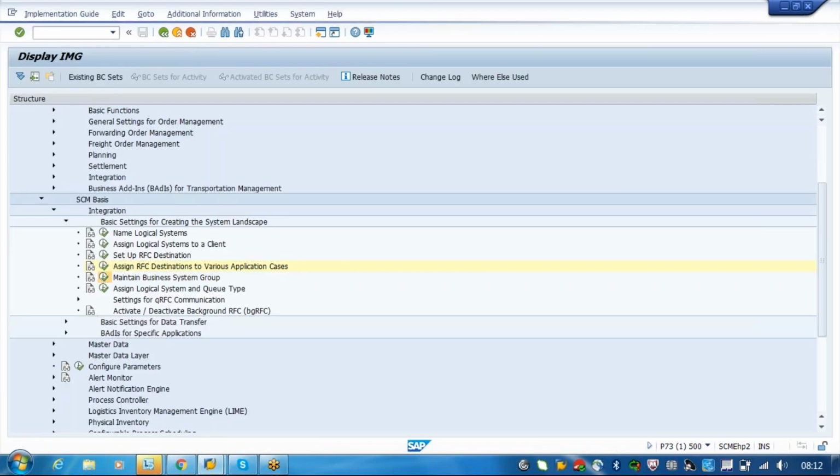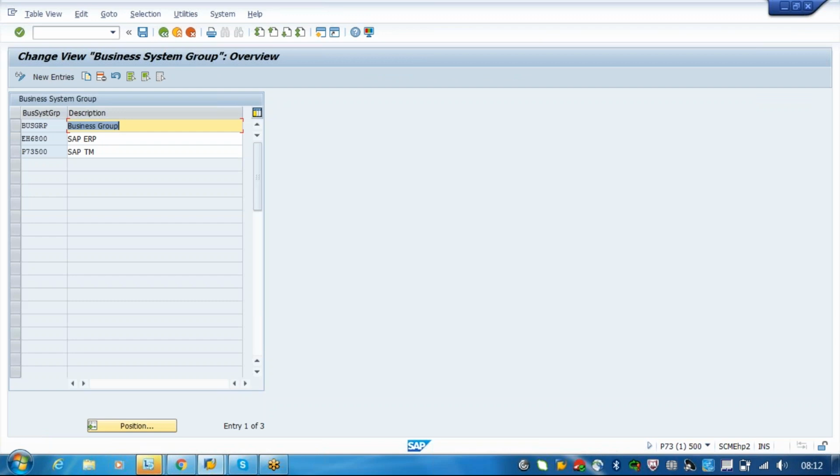So business group: if you have multiple feeder systems, as I said, they should always be linked to one business group. So that business group you are creating here. Through this business group only the data will be replicated, because the purpose of this business group is, let's say you have one customer in the R3 system, and the same TM server is also connected to some GTS system, for example, and there also we have a customer called 1000, and in R3 also we have a customer called 1000. So what will happen if the TM is receiving the data from the GTS system and the TM is also receiving the data from the R3 system?